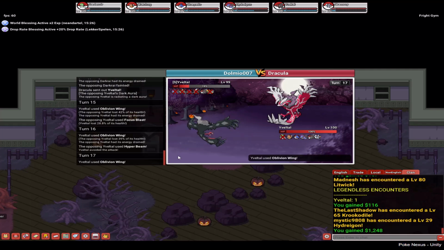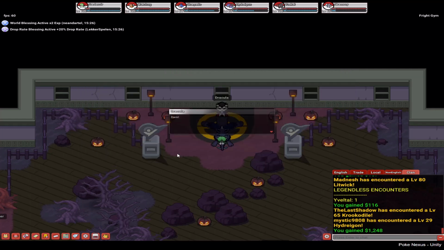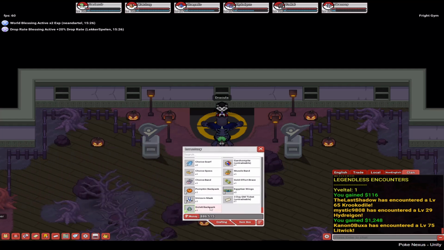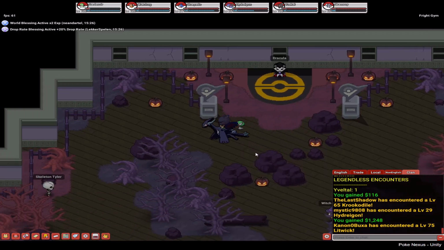It's not a very notable backpack, to be honest. When you put it on your back, you can barely see it, to be fair. I must admit, it's nothing special, but here it is, Golette backpack. Once you defeat Dracula, you can fight him as many times as you want. Even if you want to do it for experience, you've got other NPCs in here that you can also fight